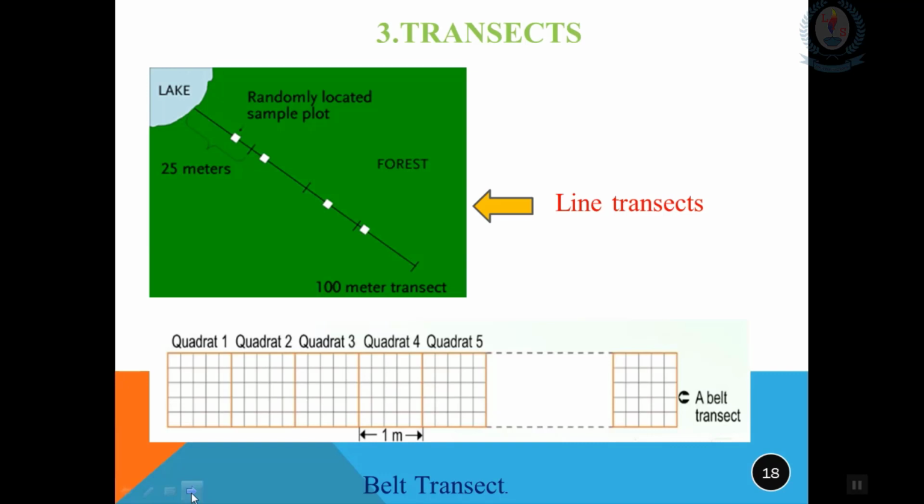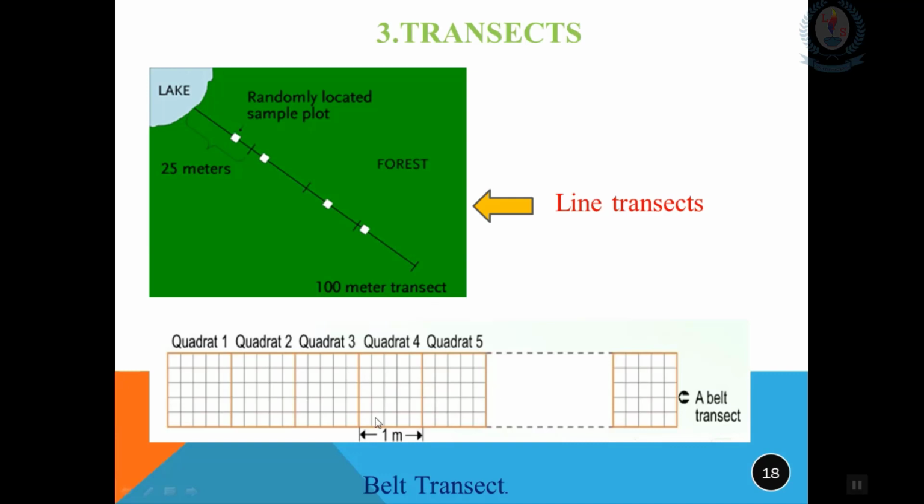The next technique is transects. Mainly there are 2 types. The first one is line transects, the second one is belt transects. Line transects can gather data about an area in a systematic way. Using a transect is not a random process. You can stretch a graded rope or a tape between 2 points, as shown in this picture, and record every single individual, either a plant or an animal, that touches the tape in between the 2 positions.